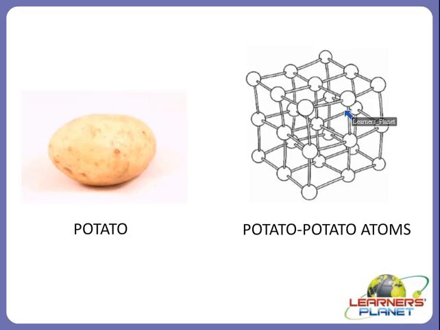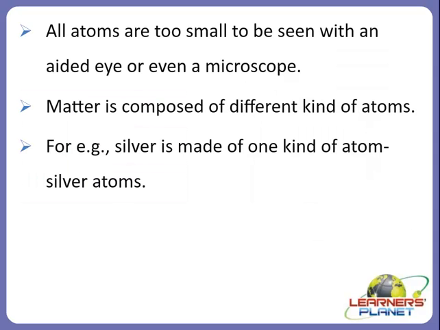So we saw one example. In the same way, we have to see another example also. Like you can take any vegetable or any fruit. In every vegetable, fruit or anything, atoms are present, right? If we take an example of a carrot, then carrot atoms will be present. Then if we take an example of radish, there will be radish atoms inside that radish, right? So these are some of the examples in which I am showing you the smallest parts which are present inside these things, that is atoms, right?